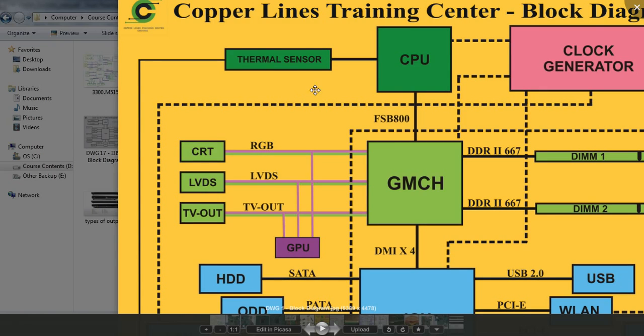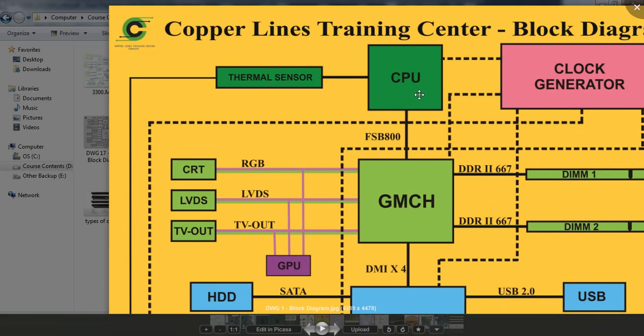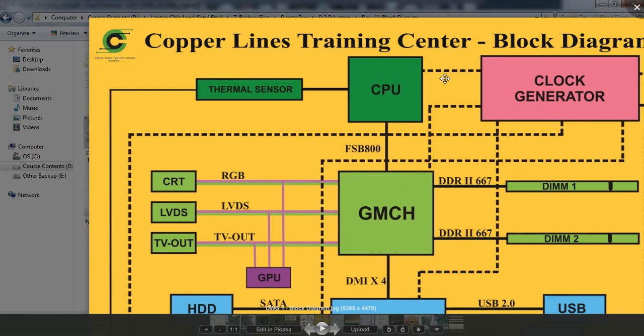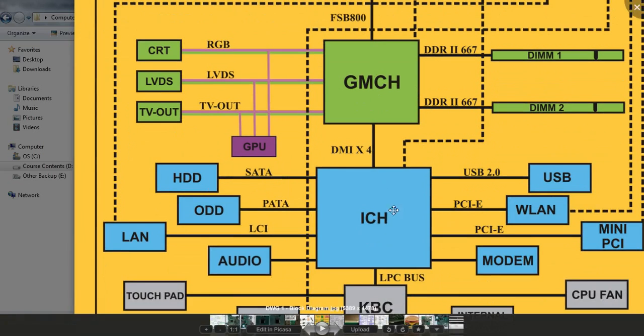Okay, the CPU fan is not always running. When the CPU gets over temperature, then the signal comes to SIO. Now the SIO sends the return signal to the thermal sensor to power on the CPU fan. Okay, now the sensor turns on the fan, which is connected with the CPU.